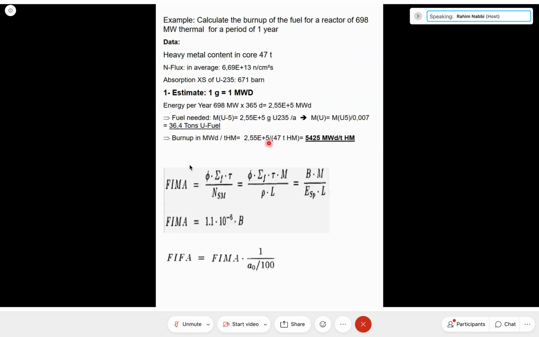We calculated before the megawatt day, divided by 47, then you get the burn-up in this unit. So if you have done this, then you can calculate it. But please pay attention to that. This is a very approximate way. It is not a very correct way